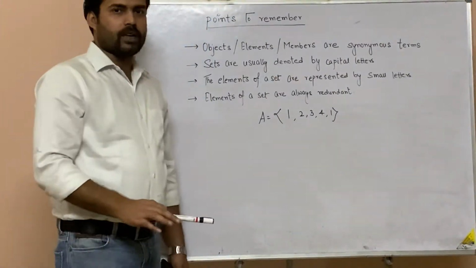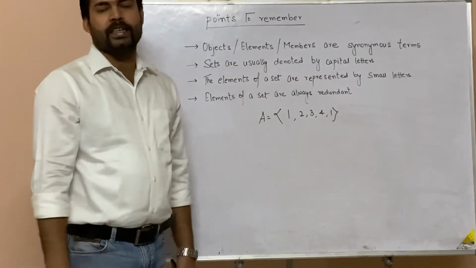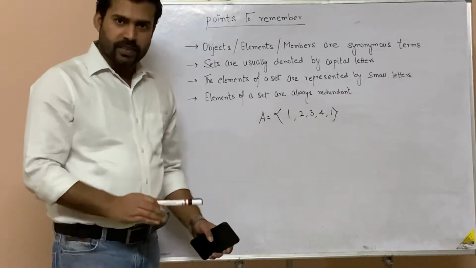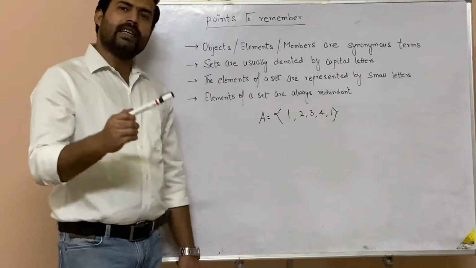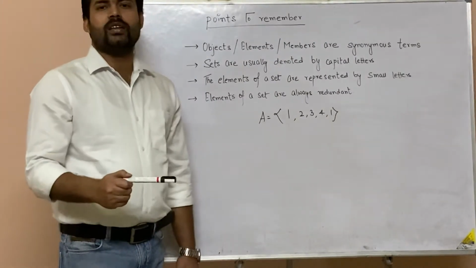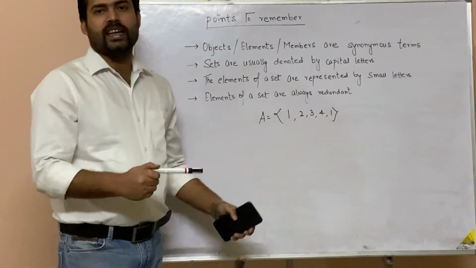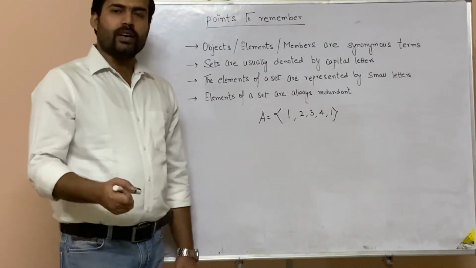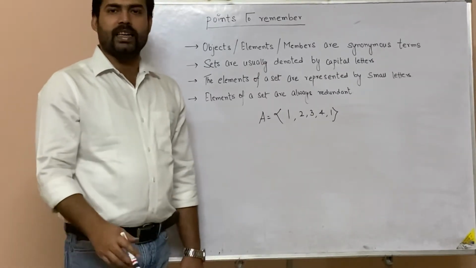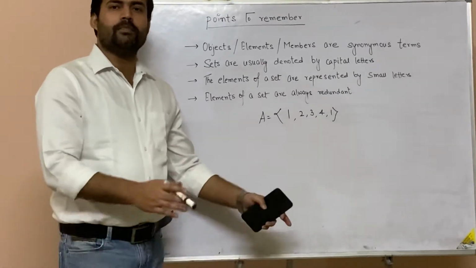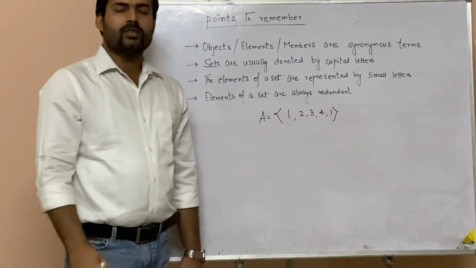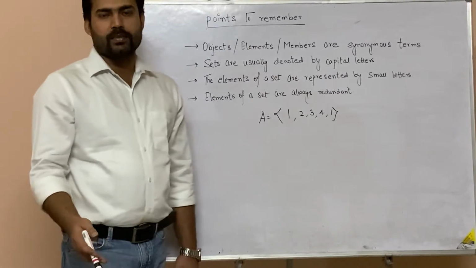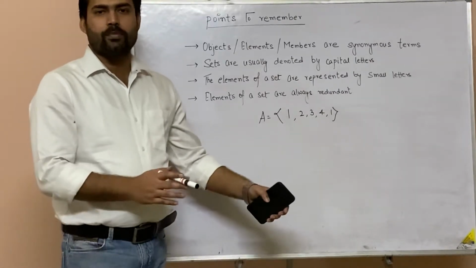Now there is a question. What if I write down the element repeatedly? Will they deduct my marks for this? Now I must say that redundancy is not a very strict criterion. If you are writing down redundant elements again and again, that shows your immaturity level. That shows that you know nothing about sets. So it is up to the examiner whether they deduct the marks or not.